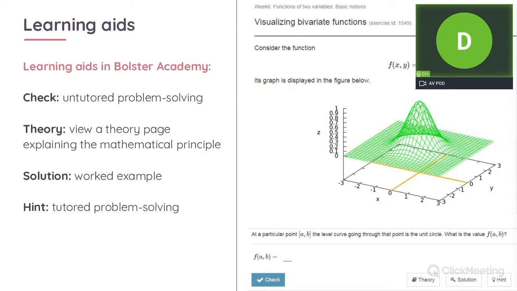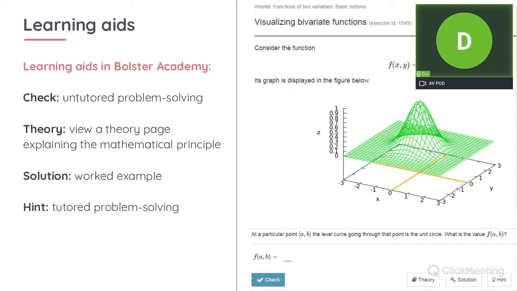And if you look at the Bolster Academy, you can exactly see all of these approaches, because students are offered mathematical problems, as for instance over here, one of the problems students should be able to solve in my class. As they have tried to solve the problem, they have the options over here. Check, which is the so-called untutored problem solving. They solve the problem without any hints, and then just check if they were able to do that in the correct way. Then the hint is the tutored problem solving approach, where in some steps they can ask for hints